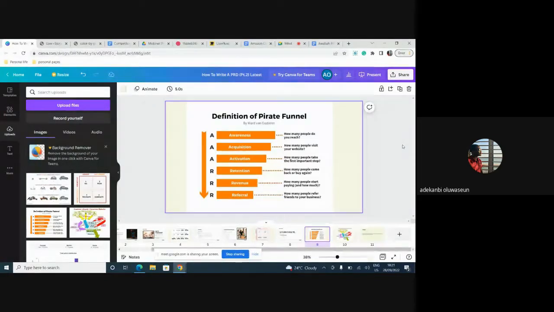It works like a funnel, right? So Pirate Metrics uses the funnel approach. You can see that the lines reduce as it goes downwards. The top of the funnel is large, that is awareness. Acquisition reduces. Activation is reduced. Retention reduced. Revenue reduced. Referral reduced. And I'll give you the reason why that is.